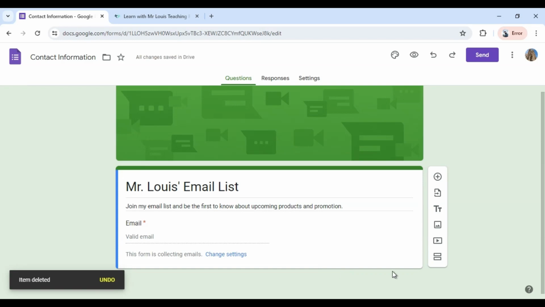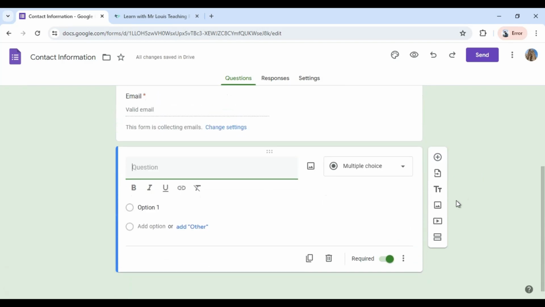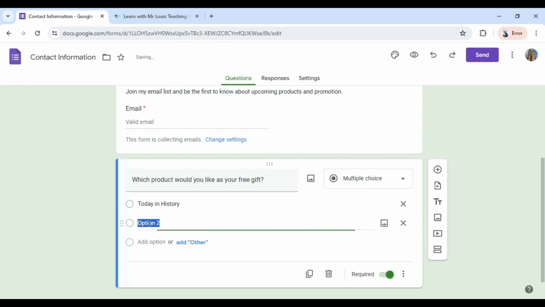Now I'm going to add a question here about what kind of free gift they want. So I'm going to go ahead and put that plus sign, and it gives me a question. So I'm going to say, which product would you like as your free gift? Question mark. And I'll make it a multiple choice. So do they want Today in History, or do they want maybe a video guide? Now I can do a couple of things here too. I can put in a description,